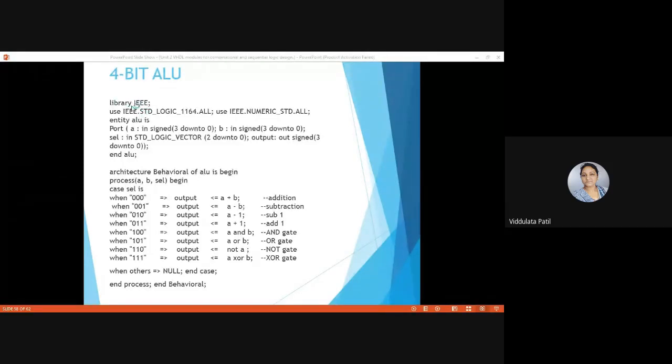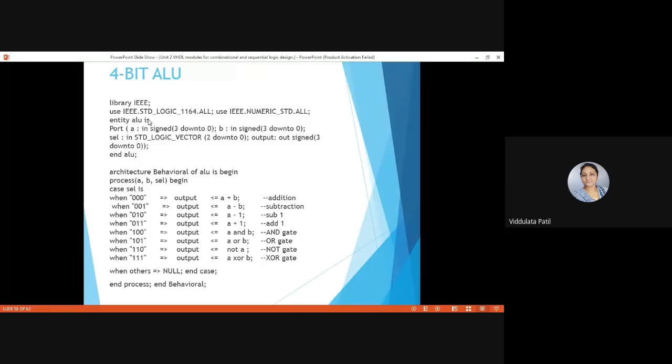So we have declared library IEEE, semicolon, and after that we are adding packages. The first package is use IEEE.std_logic_1164.all semicolon. This is the package that we usually add, which has all the very basic functions.